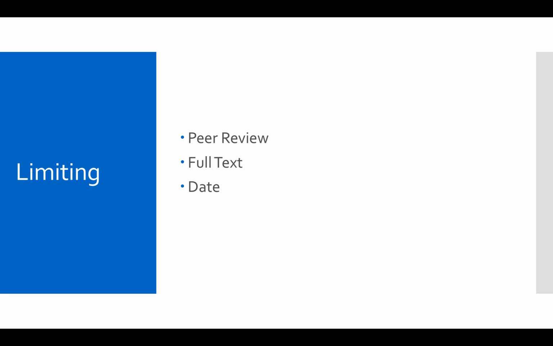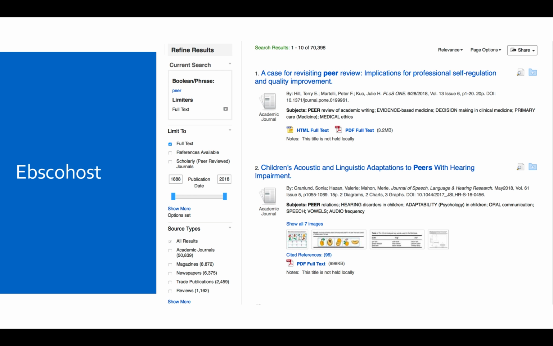I'll be showing you two of the vendors that we use here at Athens State. The first vendor will be EBSCOhost, and the second vendor will be ProQuest. In EBSCOhost, once you do a search and you get results, this is what the results screen looks like. Notice up here you have results of 70,000, and they would be listed down this column. On the left side of that, you have your section that lets you limit and choose what you want to